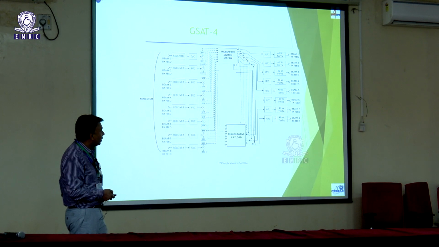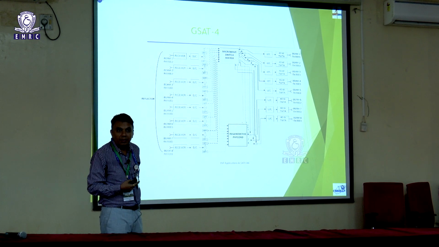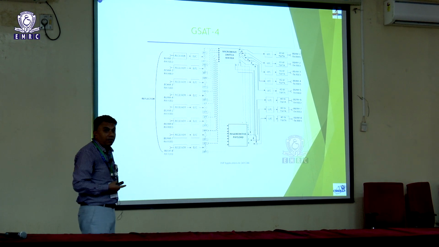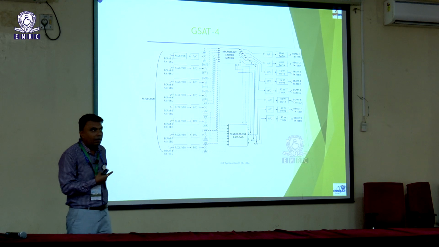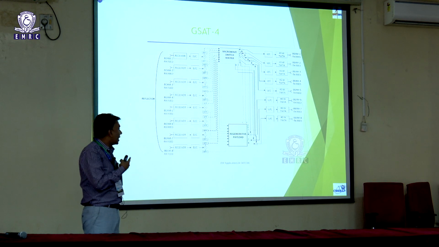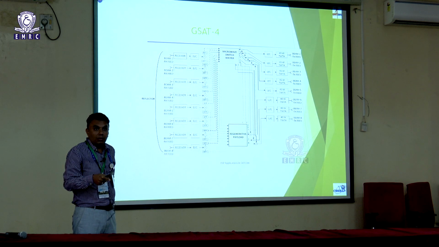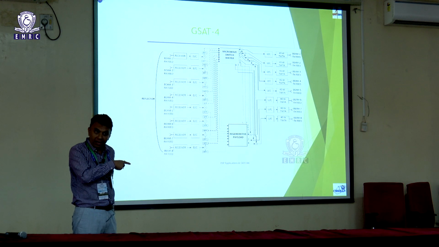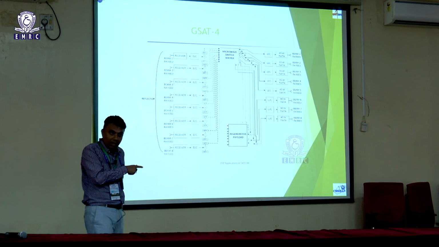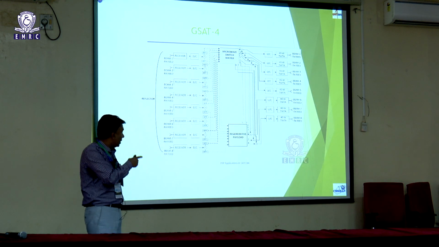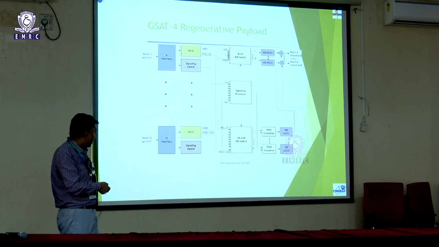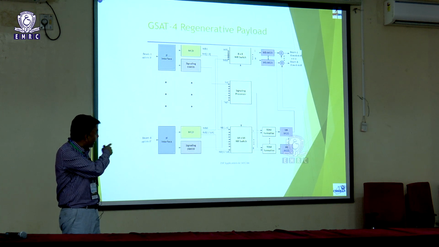In the Indian scenario, we have a few satellites which have been launched. This is called the GSAT-4 satellite. It was launched, I think, 15 years back. This is a Ka-band satellite, where we have 8 beams across India. Within the beam, and beam to beam, all communication is possible without any hub. So this is the first Indian regenerative satellite, GSAT-4, in Ka-band, with 8 beams. Some advanced system, this is the internal payload architecture.